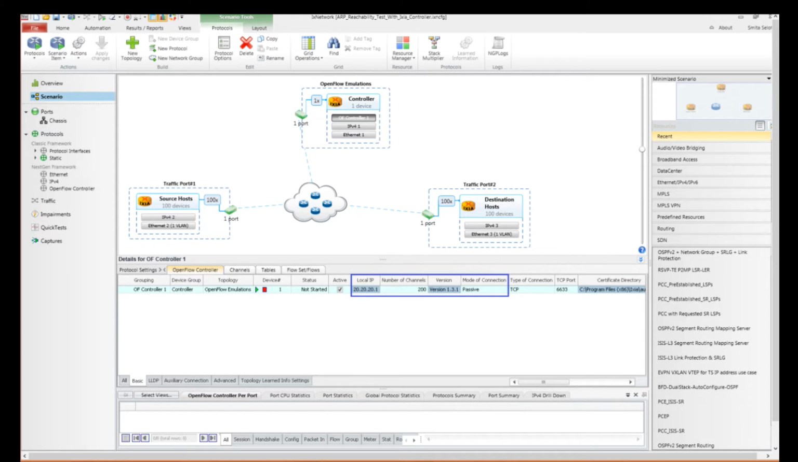We have configured the IPv4 address of the controller and the number of OpenFlow channels. A channel is a TCP or TLS based OpenFlow connection between the OpenFlow controller and a switch. Thus, the number of channels is equal to the number of switches the IxNetwork controller will establish a TCP connection with. In this demo, since the Ixia controller is talking to 200 switches in a ring topology, the number